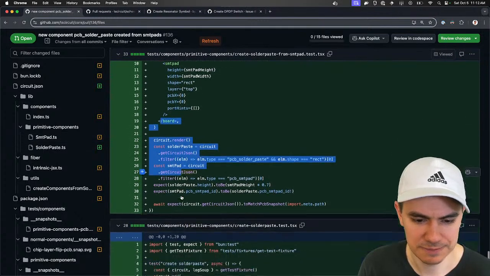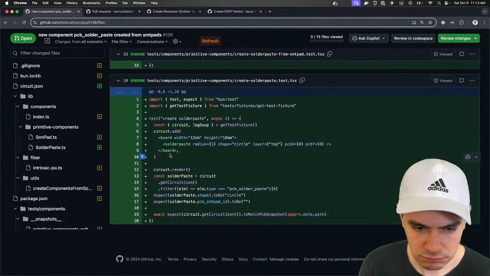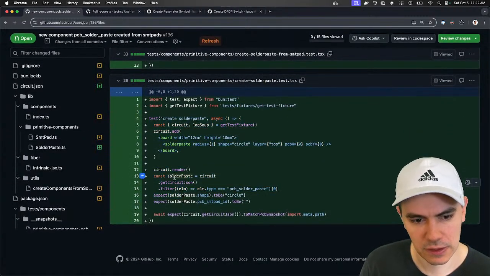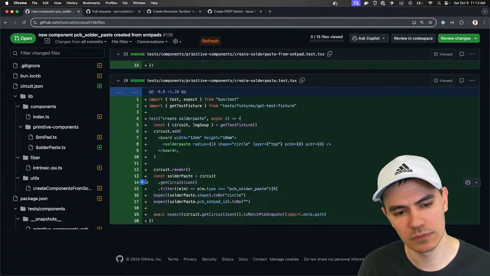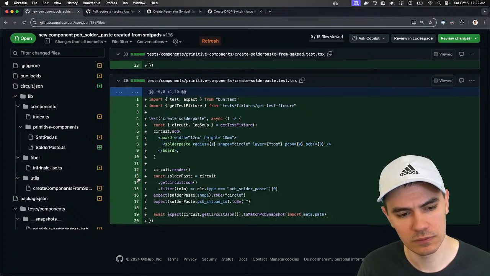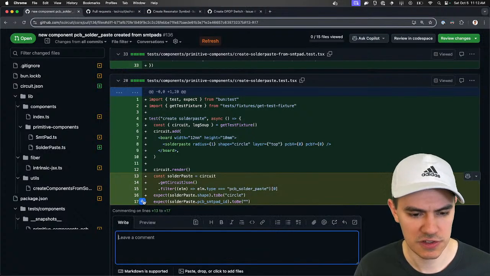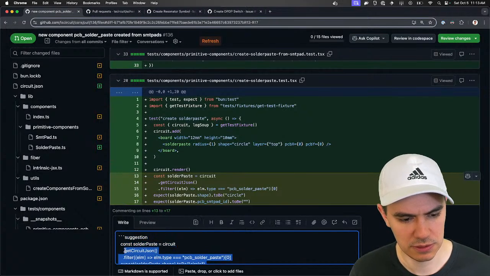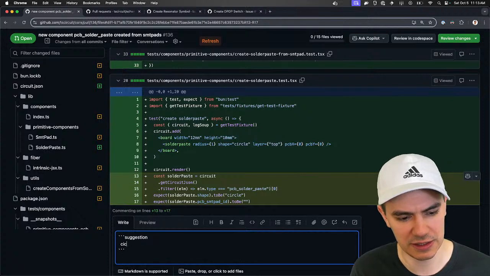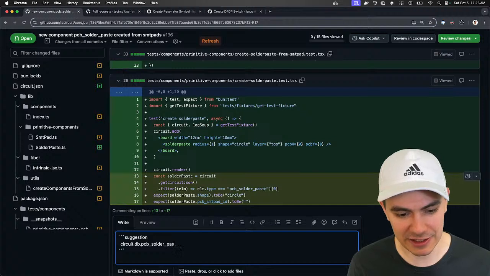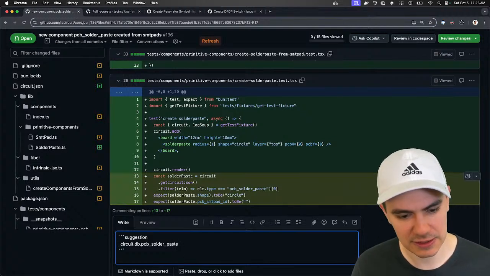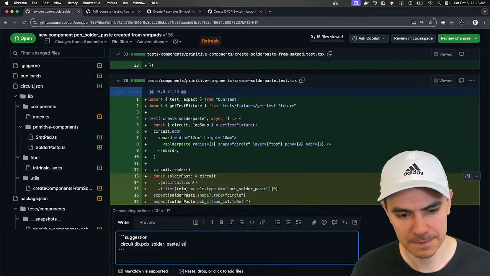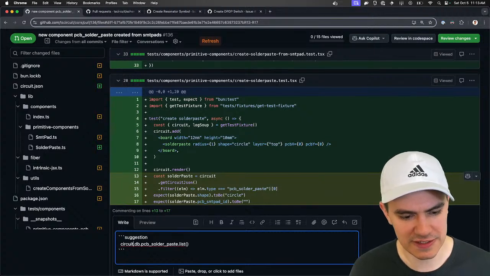This is good. This looks good. So a way to improve this code is just to do circuit.db.pcb_solder_paste. This should be automatically inferred if circuit JSON is up to date. Dot list, and then you get types with this too.